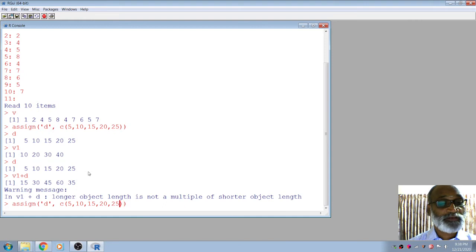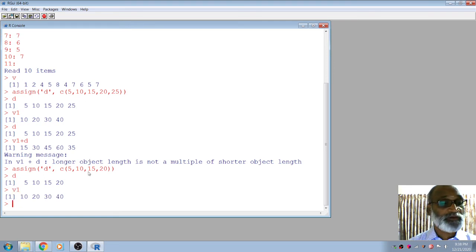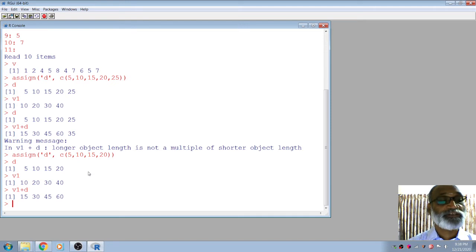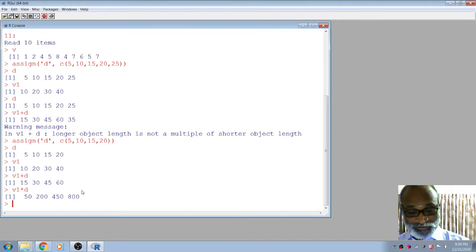So I will take only 4 elements. Assign only 4. So now it is d. What is v1? It is 4. So v1 plus d, it is nothing but simply adding 10 and 5. Similarly v1 star d is simply element-wise multiplication. You see, 10 plus 5 is 15, 10 into 5 is 50. So here addition, subtraction, similarly you can perform all kinds of arithmetic operations.